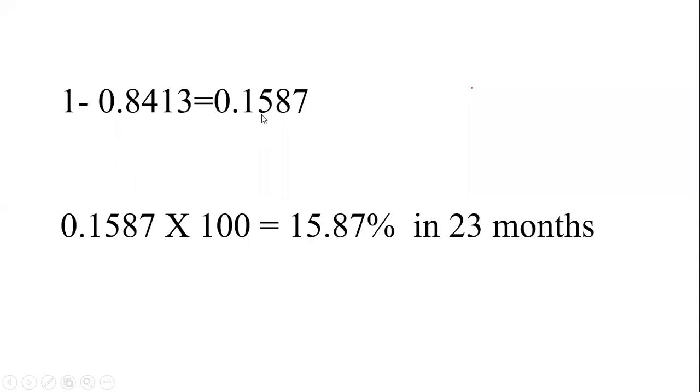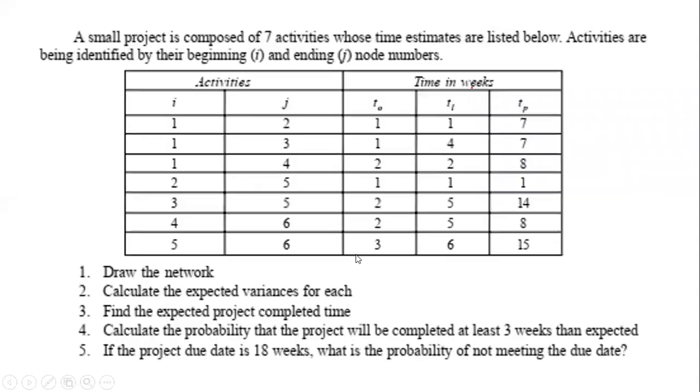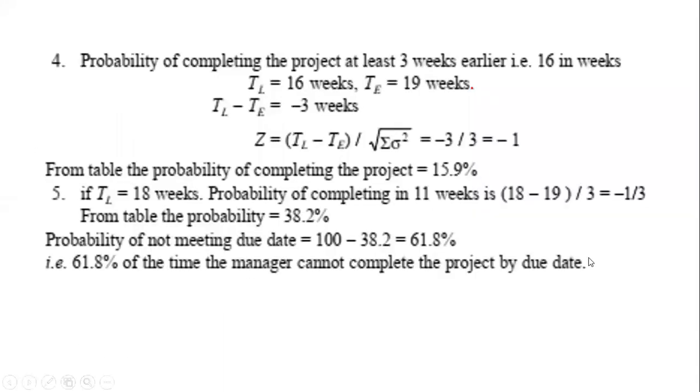So 0.1587, that is 15.9%. So here it is shown 15.9% in 16 weeks, if your project total is 19 weeks. Is it right? Then if TL is 18 weeks, the probability of completing in 11 weeks is,